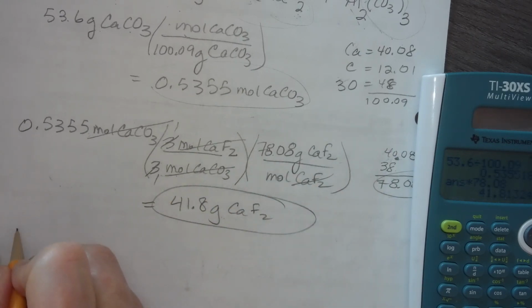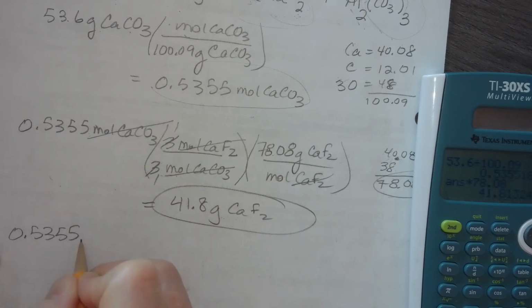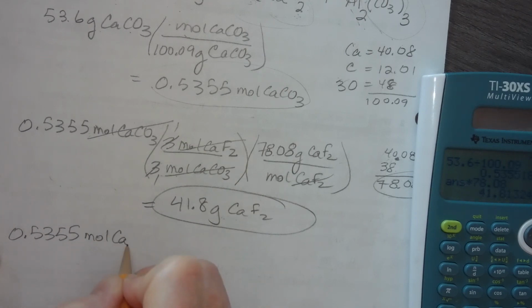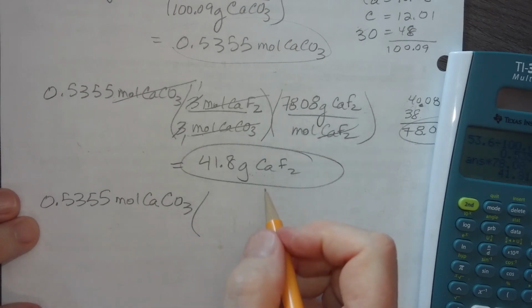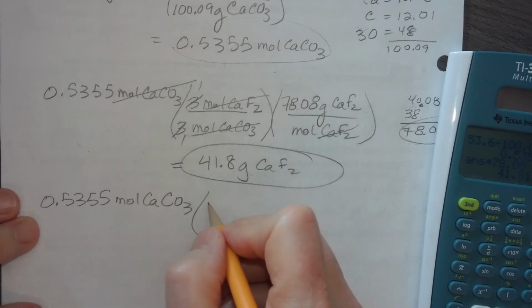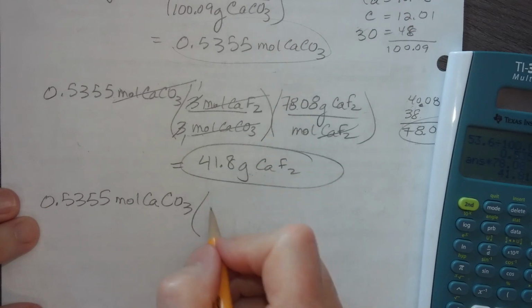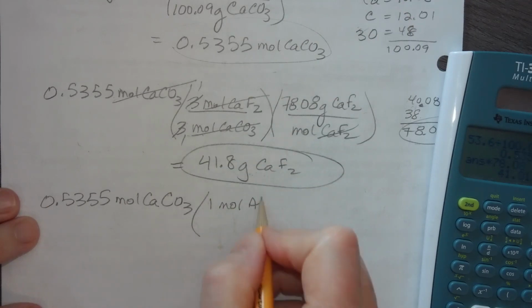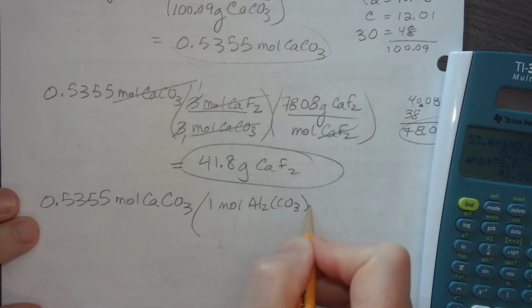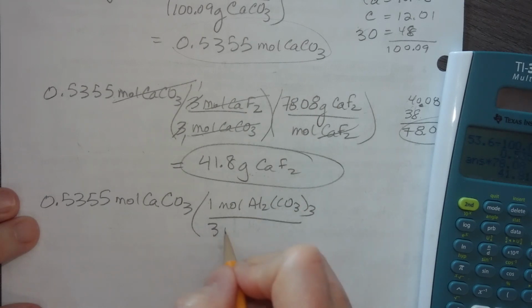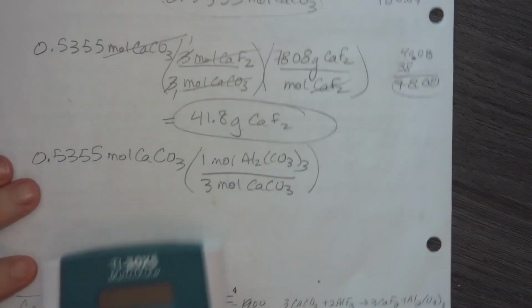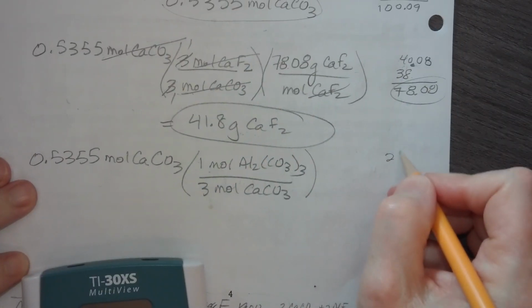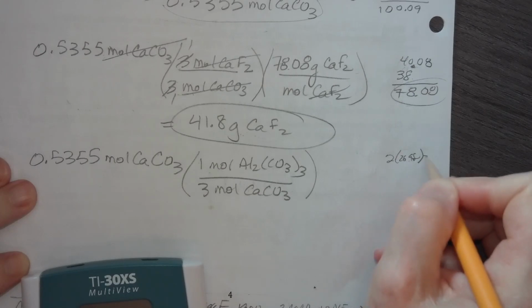Now to figure out how many grams of aluminum carbonate, I know that I'm going to have 0.5355 moles of calcium carbonate. I'm multiplying it by my mole ratio, which is, I have 1 mole of aluminum carbonate for every 3 moles of calcium carbonate. All right, 2 times 26.98 gives me